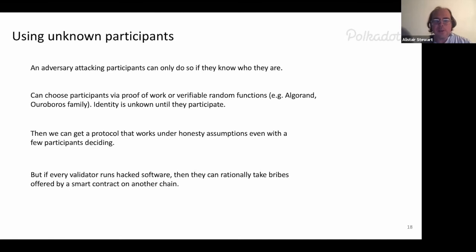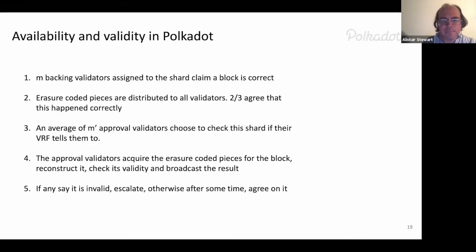If we give too much power to the bad guys, we allow them to corrupt people instantly, even before they know who they are or something like that, which is more or less down to the assumption that every validator is running hacked software, where they try to maximize their own gain, and we can just bribe them from another chain. Then nothing is secure. If we're in such a model, sharding just can't work. It's always cheap to attack. But with 2/3 honesty, it does work. And so this is how we do it in Polkadot.